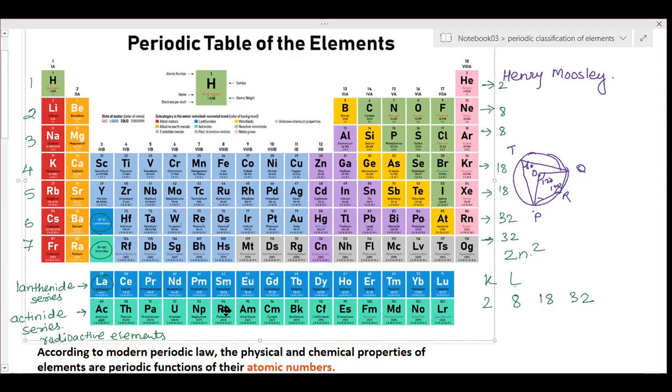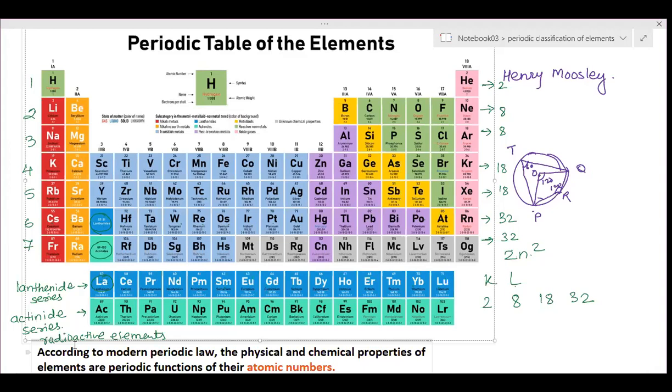And the lower ones have properties similar to those of actinium. So therefore all these elements are called the actinide series, or radioactive elements. So all these elements are radioactive. That means they are giving out radiation continuously. The nuclei of these atoms are highly unstable. They give out energy, and some charged particles are given out from the nucleus of the atom. So those are radioactive elements. Able to understand?